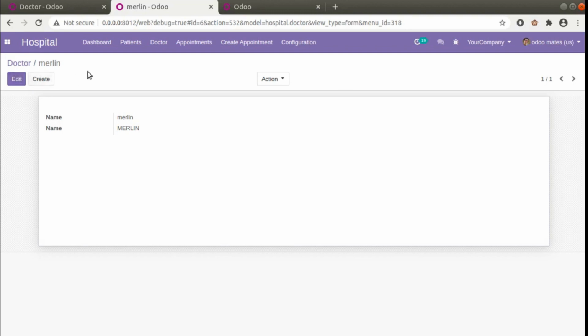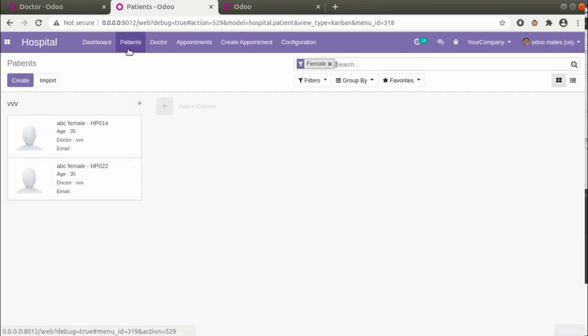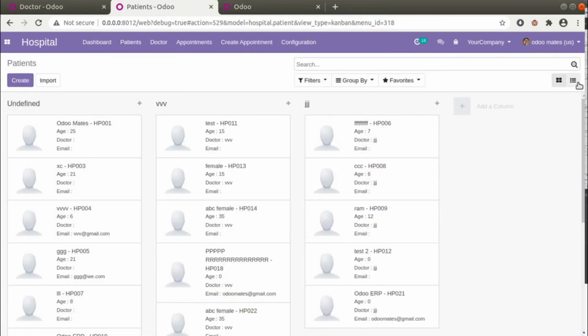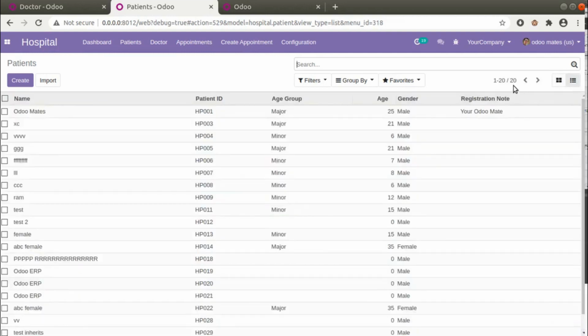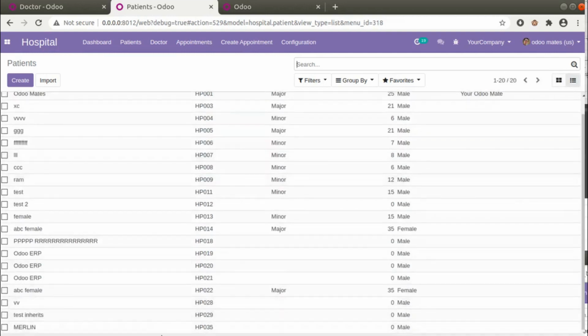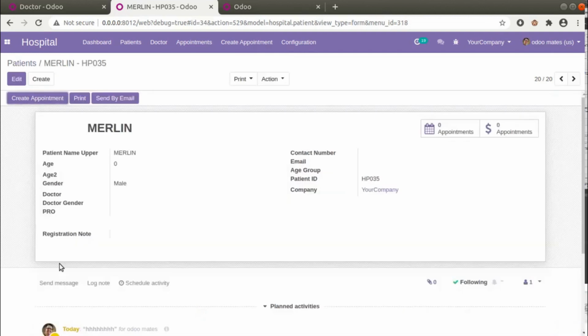Let's see what happens in the patient table. Earlier it had only 19 records. Now if I go to the patient records and remove the female filter, we expect 20 records. Here you can see it's 20, and if you scroll down you will see the patient called Merlin, which was created just now.